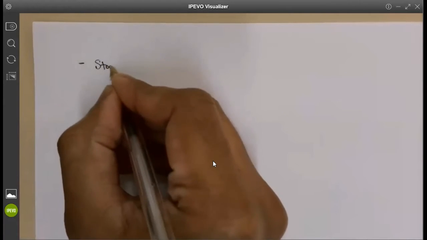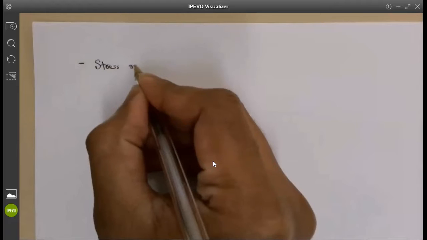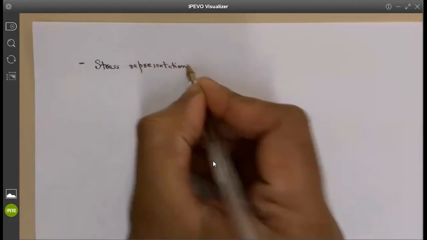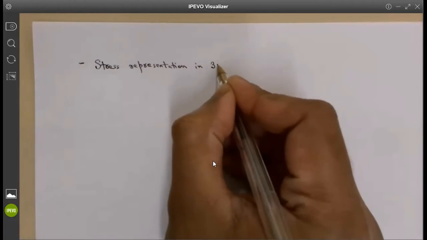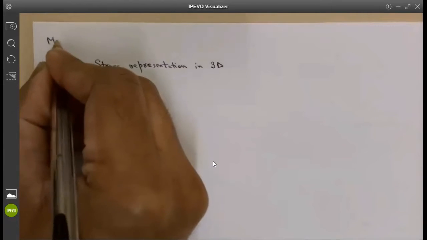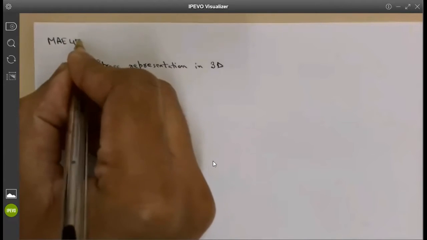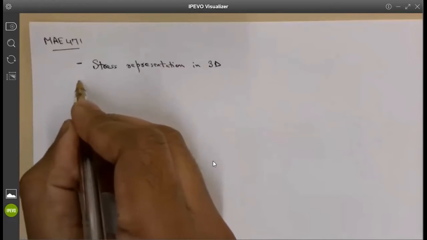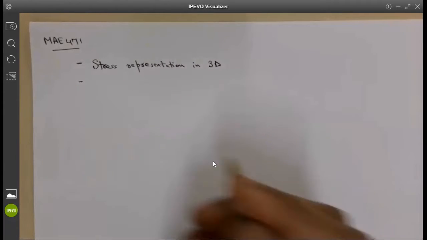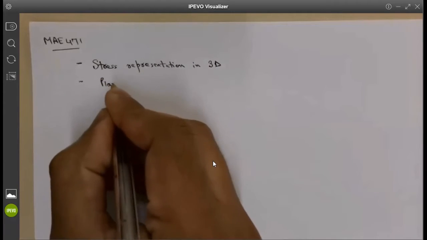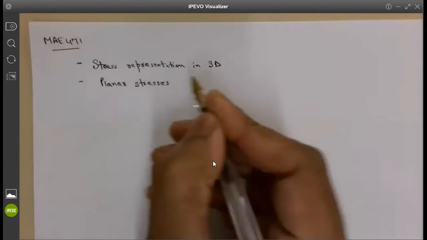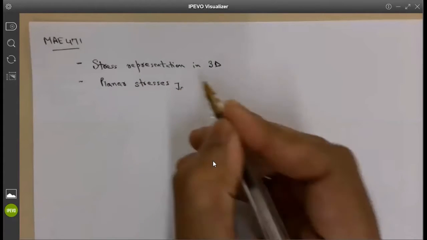stress representation in 3 dimensions. So we will basically look at stress representation in 3 dimensions. Then we will look at planar stresses, which encompasses the